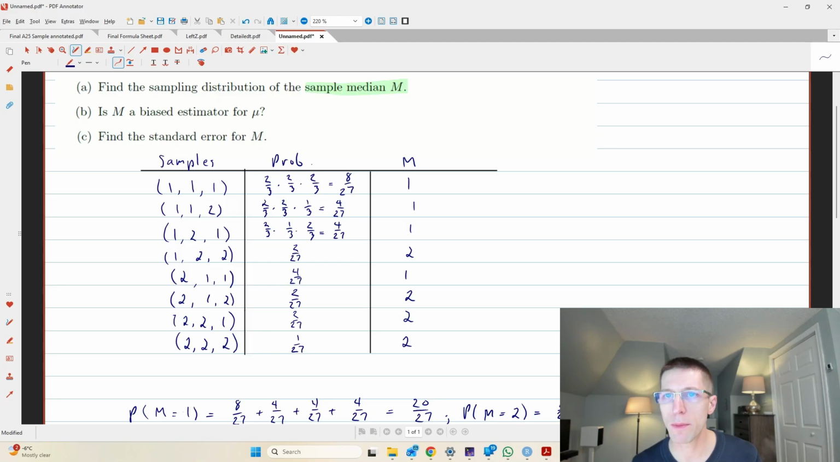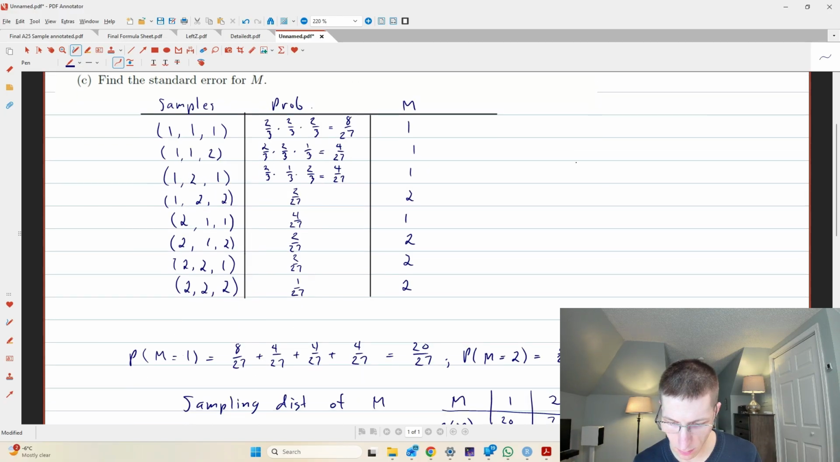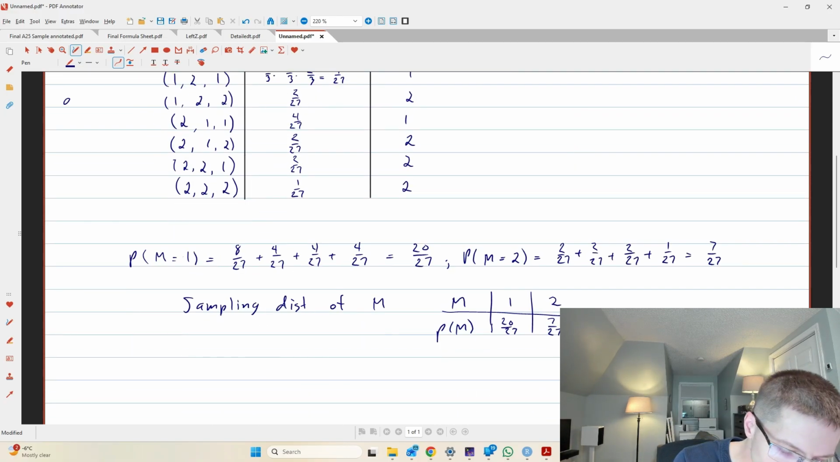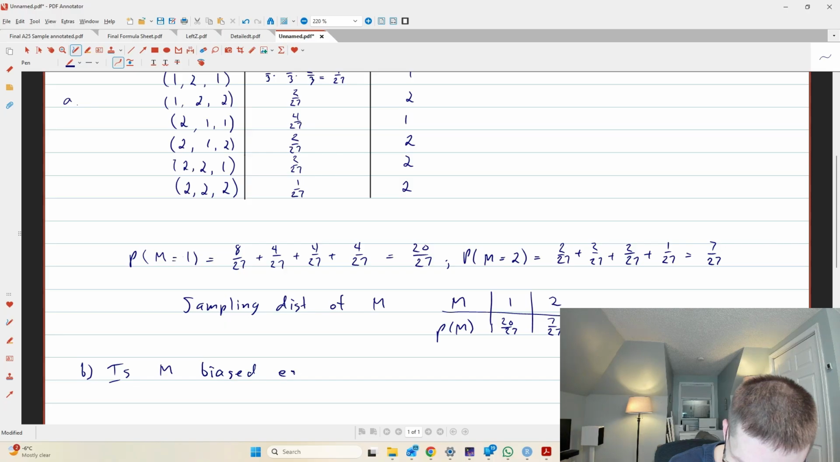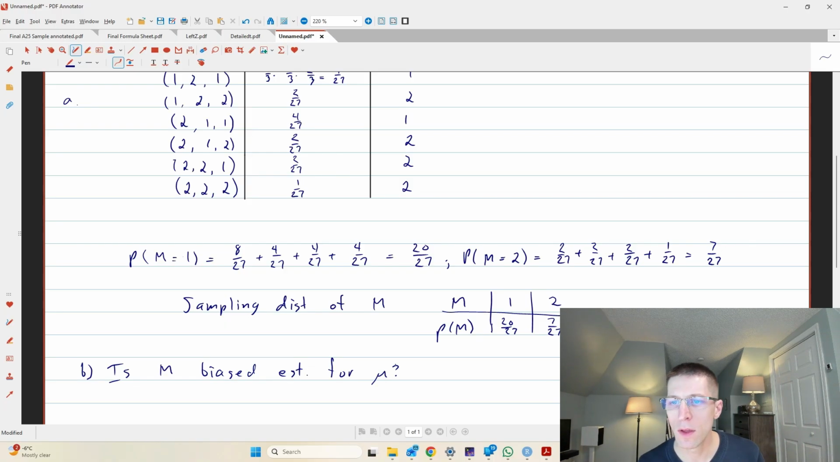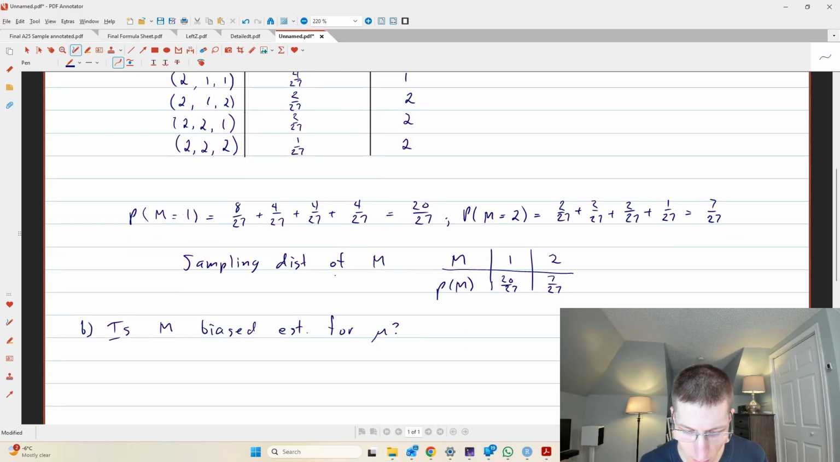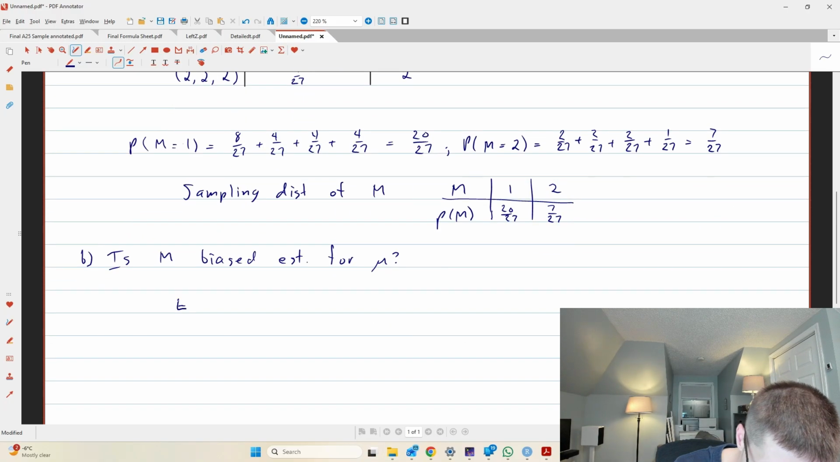So that's one way you can just quickly check, are things lining up right? Part B says, is M a biased estimator of mu? Sorry, so this was part A. Part B: is M a biased estimator of mu? So for that, we're going to calculate the expected value of M and see if that is equal to the mean. So E of M is